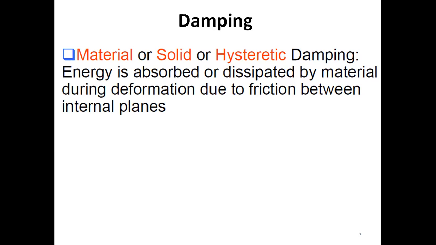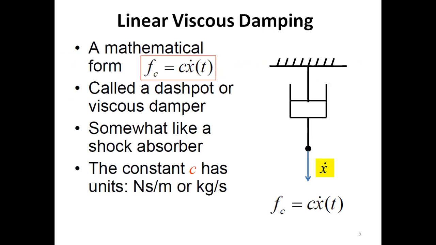So in this case that energy would be coming from the vibratory system, and actually we would call this type of damping or energy loss as the material or solid or static damping. So actually, in real systems, in real vibratory systems, there is energy dissipation or energy losses. So during modeling, we have to consider those energy losses if they are actually not ignorable.